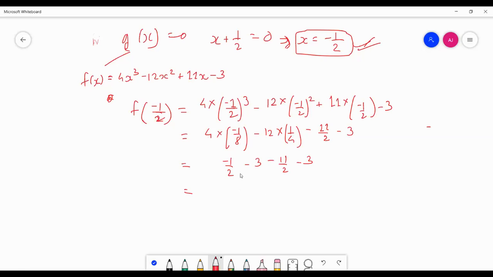Okay. So there are two numbers in which 2 is denominator. So we will do -1 -11. It will become -12/2, and -3 will become -6. So it will become 2 ones are 2, 2 sixes are 12, -6. It will become -12. This will be the final answer. So when we divide f(x) by g(x), our remainder will be -12. Okay. So this is the shortcut method to find remainder. And this shortcut method is called remainder theorem.